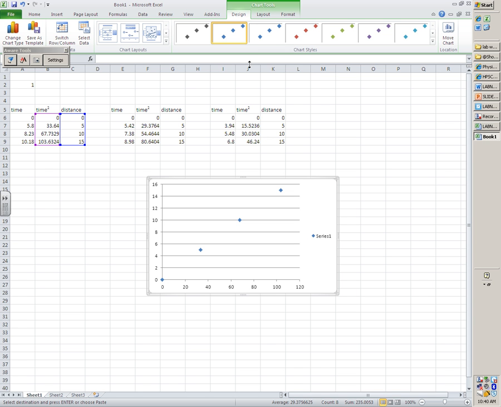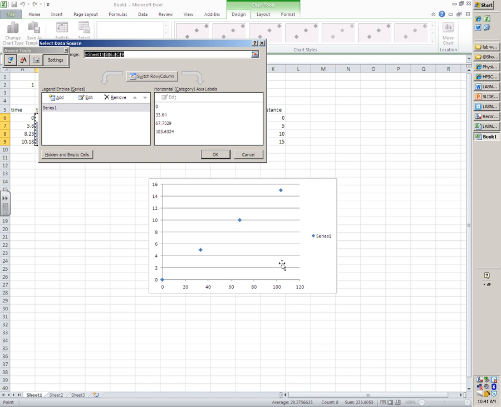Okay? Good there? I think all of you got that part. Here's what you need to do next. Once you've made your graph, and this doesn't have axis labels on it yet, it doesn't have a title, it doesn't have trend lines, any of that stuff, okay? But once your graph is made, if you right-click anywhere on it, or you can also go up this green bar up at the top that says Chart Tools. On the Design tab, there is a link here that says Select Data, or if you right-click, there's also Select Data as well. When you do that, this window will pop up.